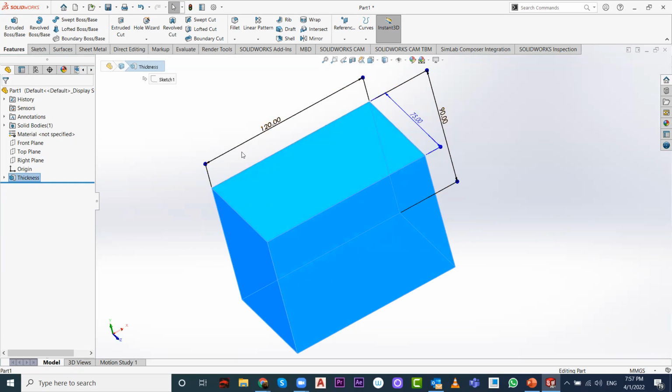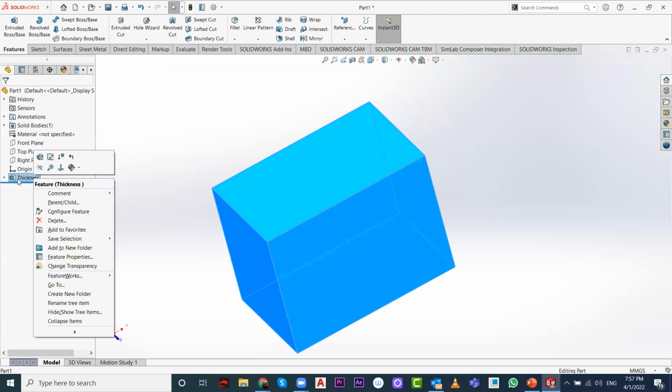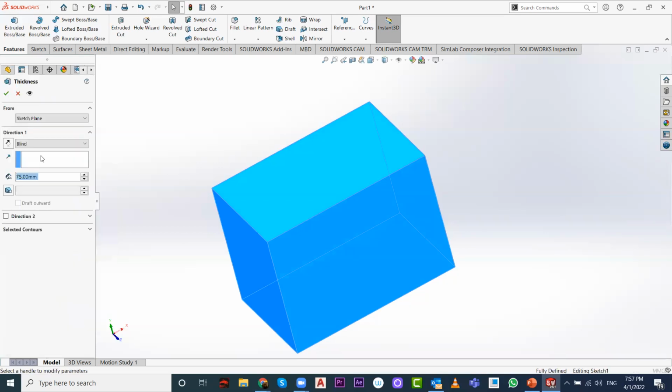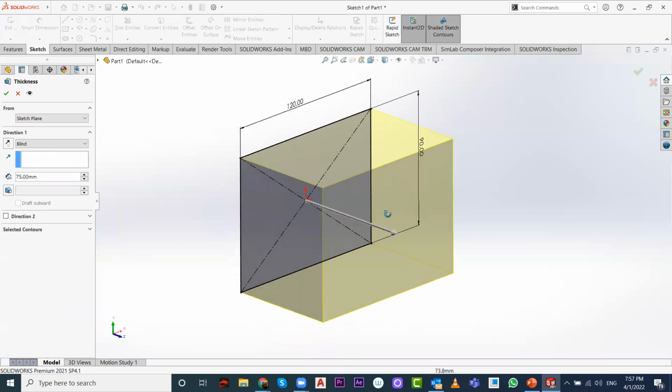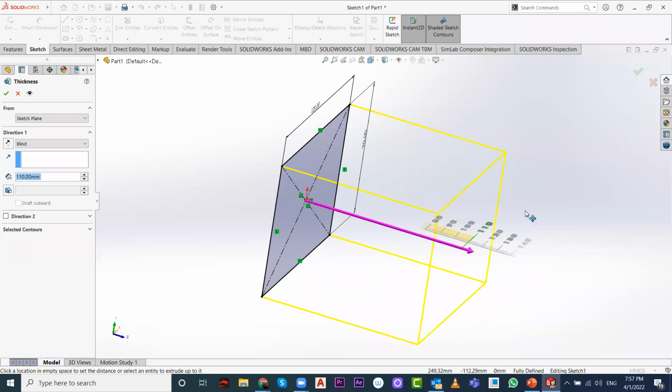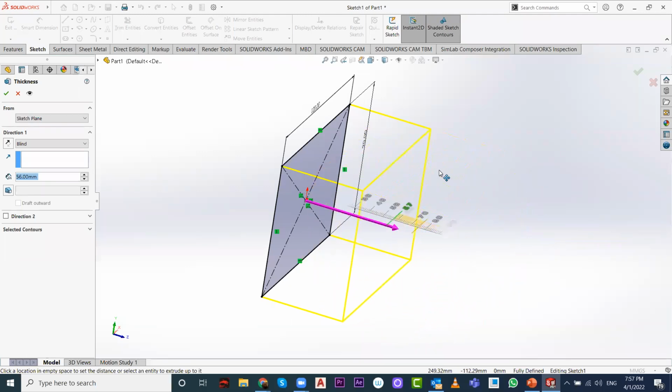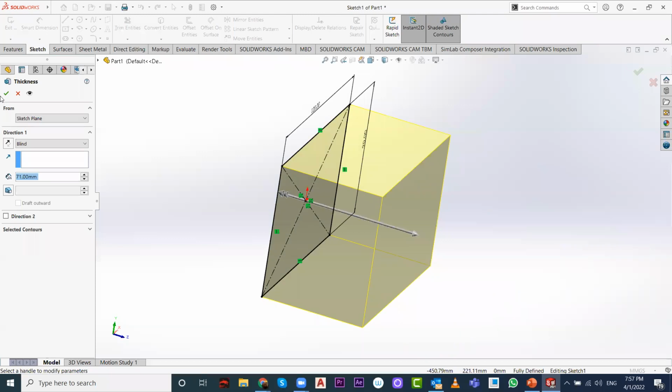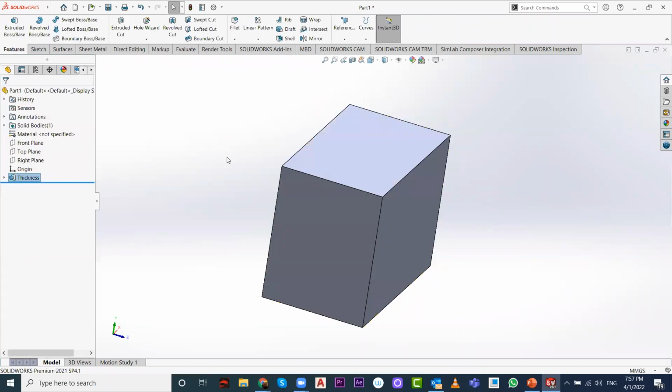So how did I do that? I made a sketch, as I said, and then I added an extrusion value to this sketch. If I right click on this feature, I have two different options. The first one is edit feature, and the second one is edit sketch. If I click edit feature, it will ask me to change the thickness value. So I can change the 75, the extrusion value, right there. This is the first step. And if you click OK,